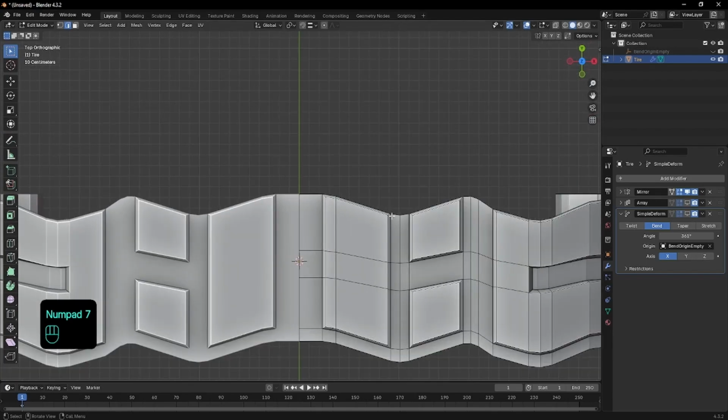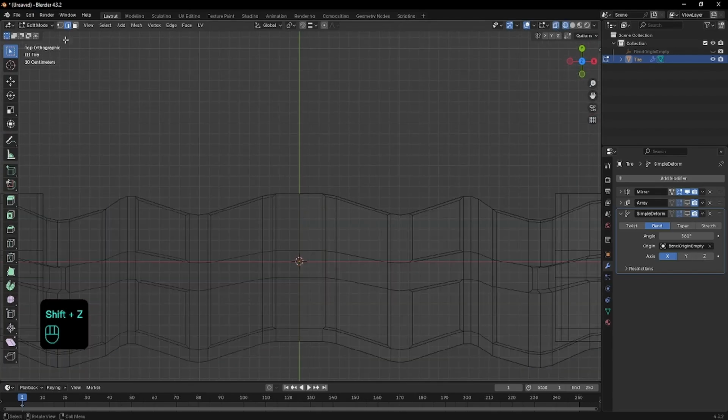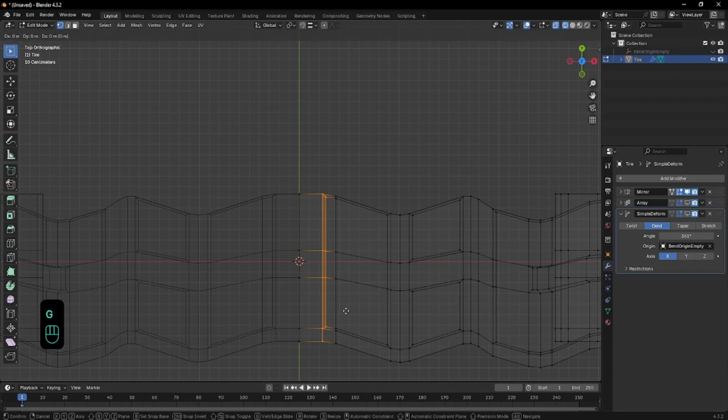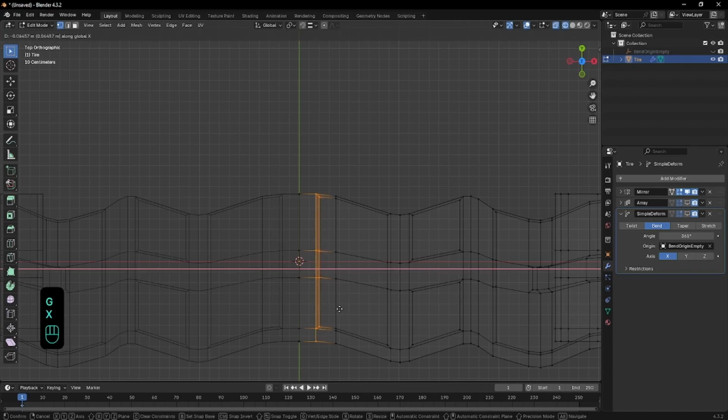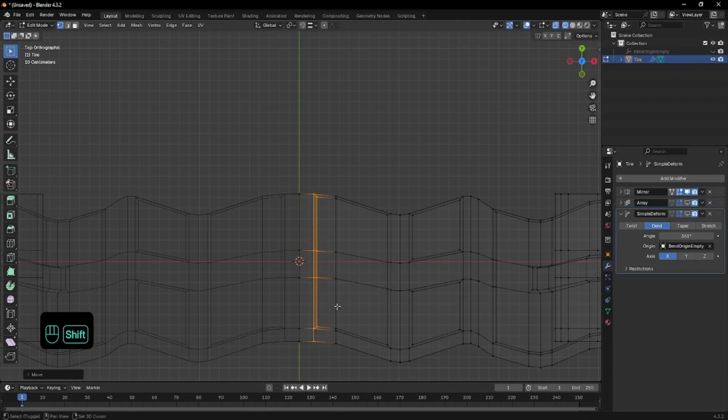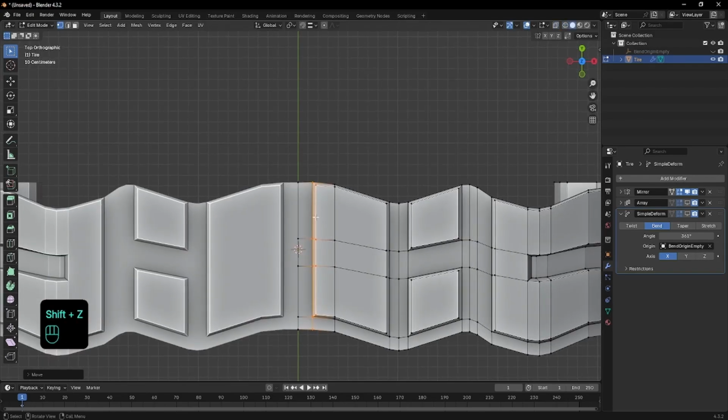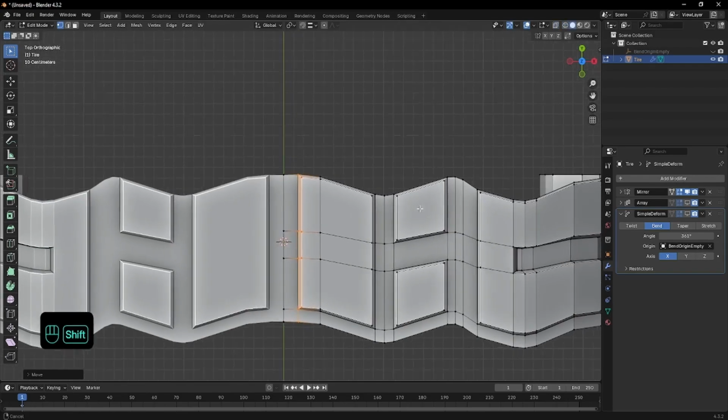like this, we can press Shift Z and switch to vertex select, and I'm going to box select all of this. If you don't have box select enabled, you can go here to this tool and press the W, and it will change until you have the box select here like this. And I'm going to press G, then X, Shift Z. Now you can see that the gap is a little bit smaller,